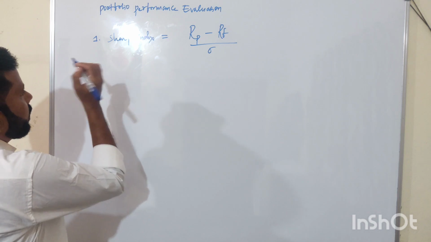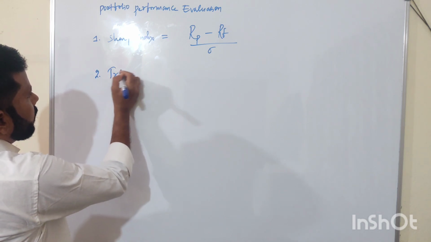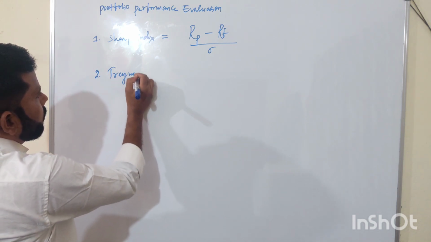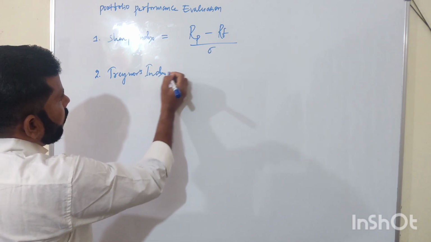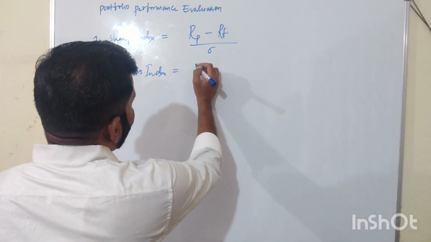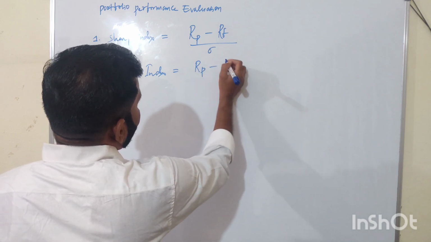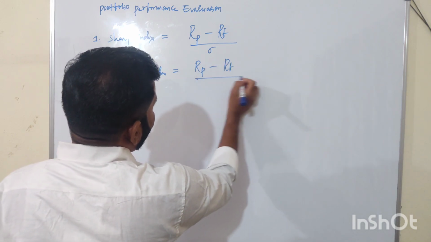So what is the second? Treynor's ratio, Treynor's index. What is the formula? Rp minus Rf divided by